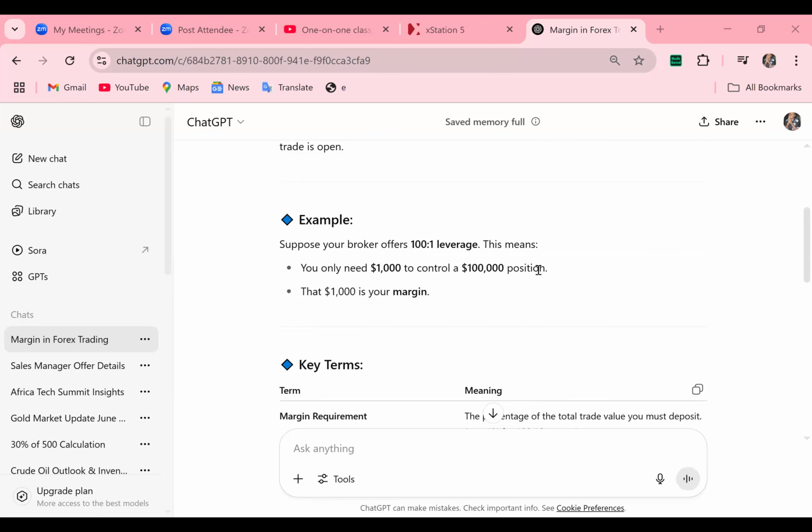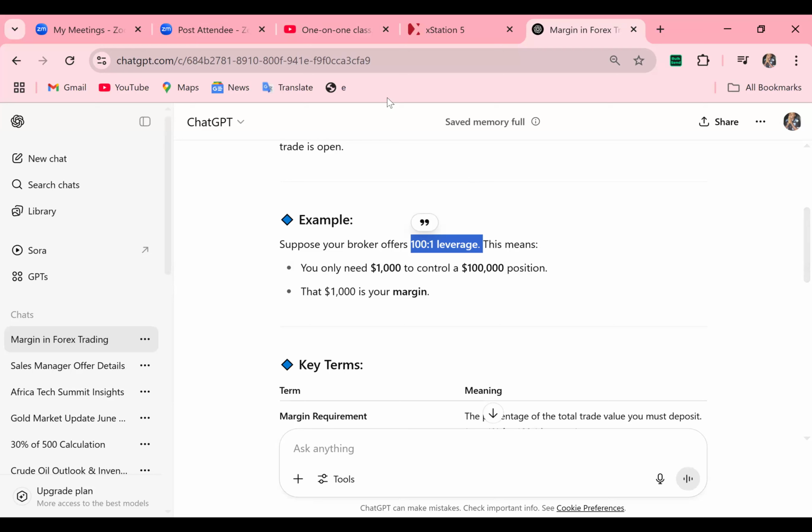The margin you are using, or that the broker will be giving you, is determined by this leverage. For example, somebody using high leverage will be given more free margin to trade, while somebody using lower leverage will not be given more money to trade. The broker will not be giving you much exposure to your money when you want to place a trade. Now, look at what I mean.